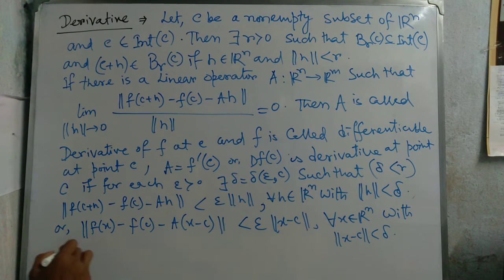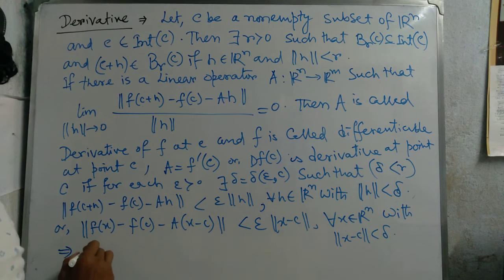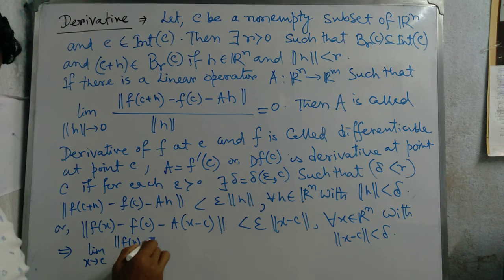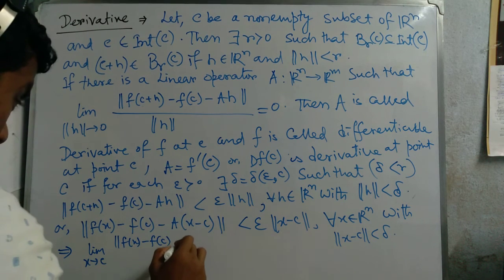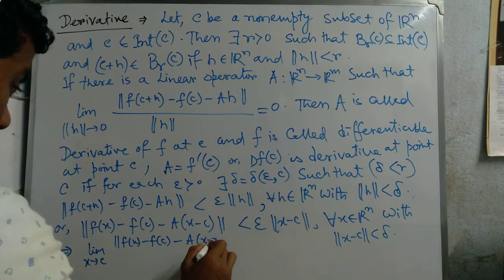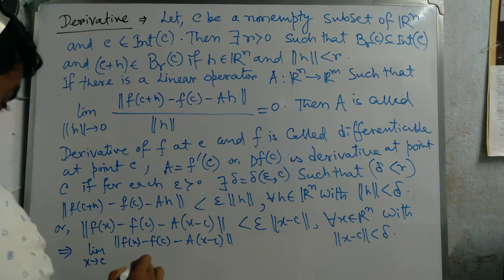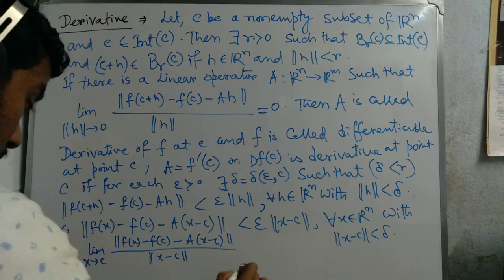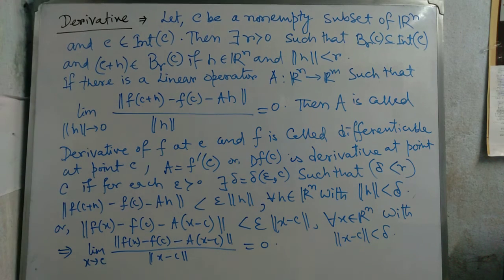Okay, then this implies that the limit as x tending to c of norm of f(x) minus f(c) minus A(x minus c), divided by norm of x minus c, equals 0. Okay,